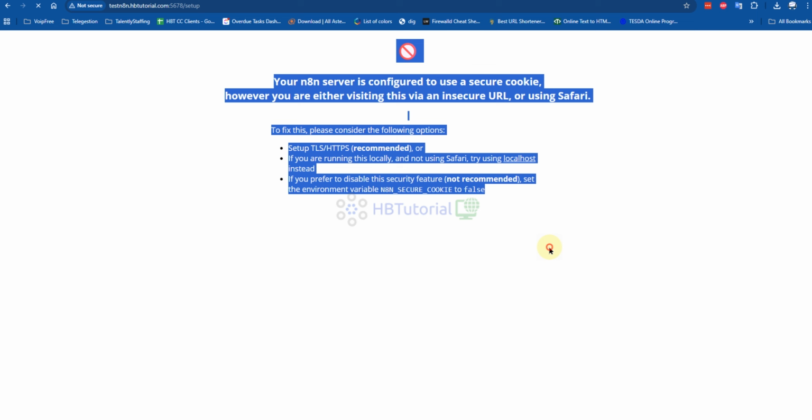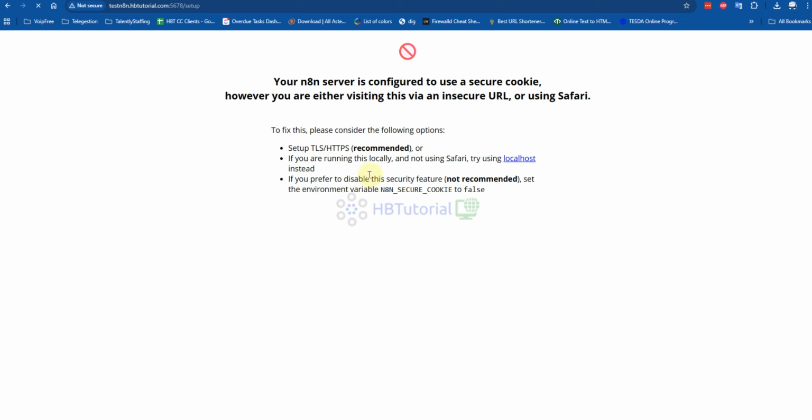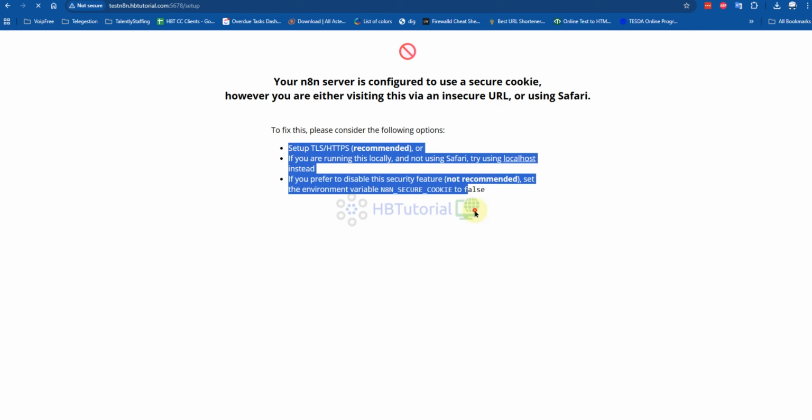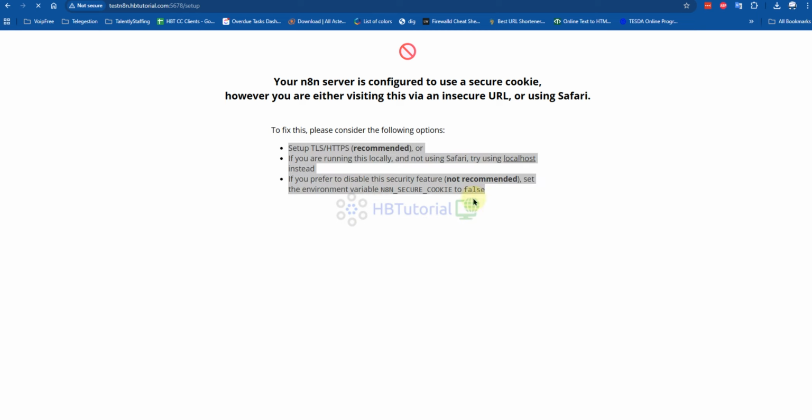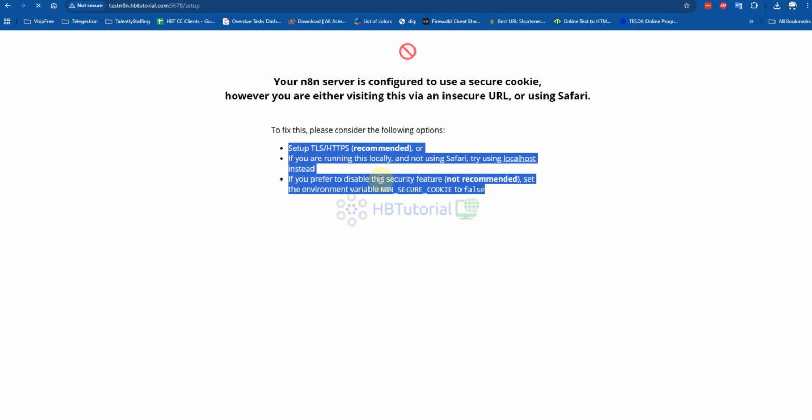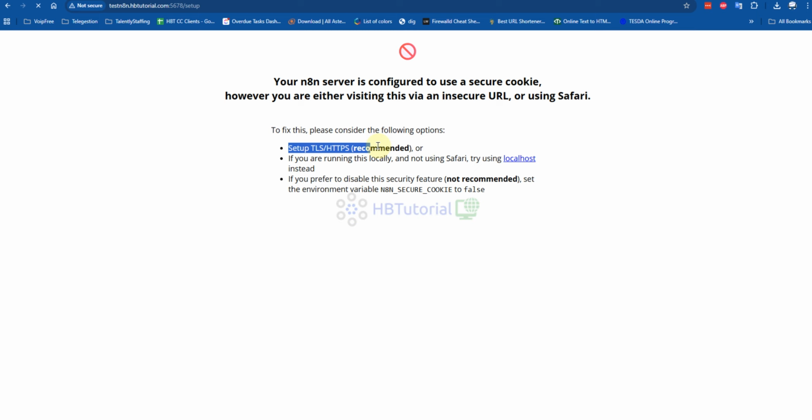It means our N8N has been installed successfully, but you need to set up something, or you can actually bypass this one. But for now we will continue to set up the domain with HTTPS, because as you can see here, TLS HTTPS is recommended.